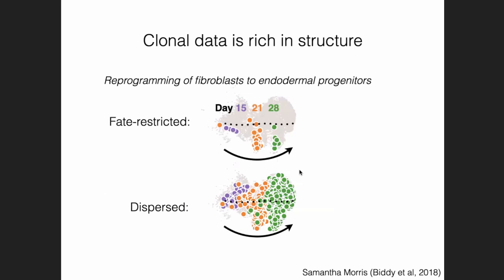Now, Sam, who's going to be talking later, published a pioneering work in 2018 where she was looking at the reprogramming of fibroblasts into endodermal progenitors. And over here, I'm just giving another example of how clones can be variable. So this is a single clone which is sampled at multiple time points. And on this landscape, you can see that it's restricted to one part of this single-cell embedding. But here's another clone which is everywhere. Right? So again, we have this high diversity, and these are just two of many, many clones that one could